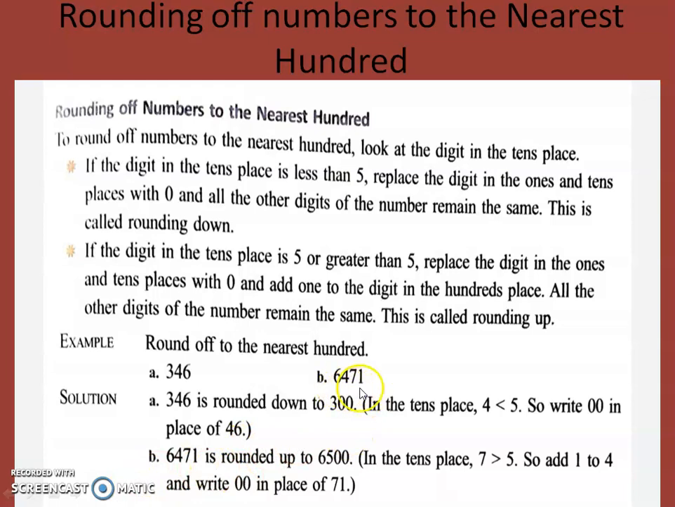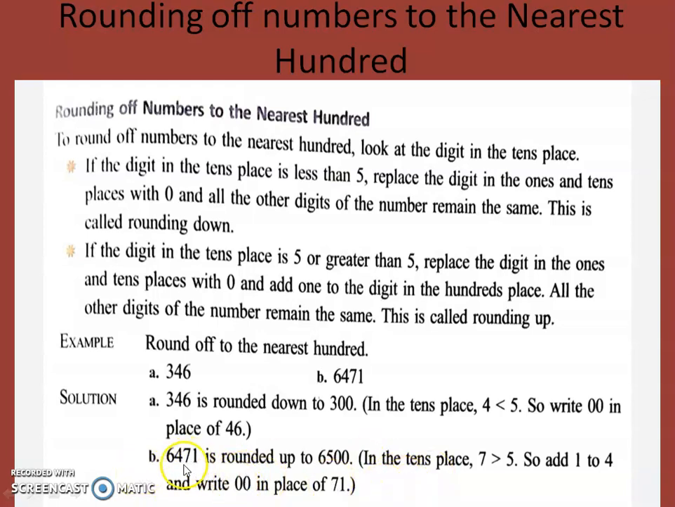Similarly, here the number is 6471. So let's check the digit in the tens place. Here the digit in the tens place is 7, which is greater than 5. So what will we do? We will make these two digits at the ones place and tens place 0. It means 71 will become 00,